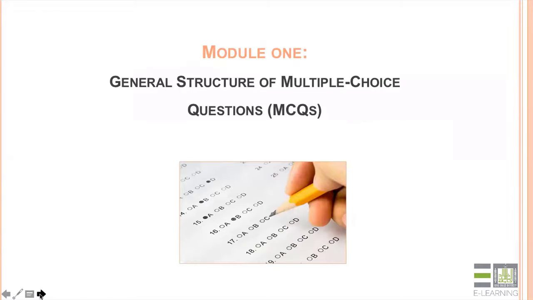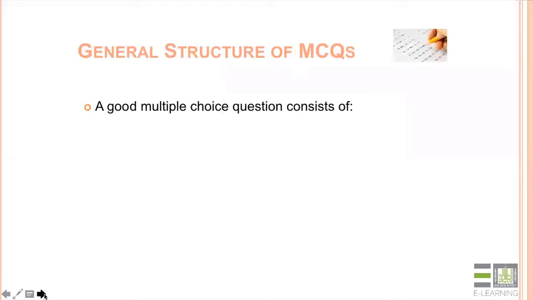So let's take a look at the anatomy of a multiple choice question. Now, by definition, a multiple choice question is a question which students are asked to select one alternative from a given list of alternatives in response to a question. Now, a good multiple choice question will consist of these three main parts. First of all, you will have a STEM question,